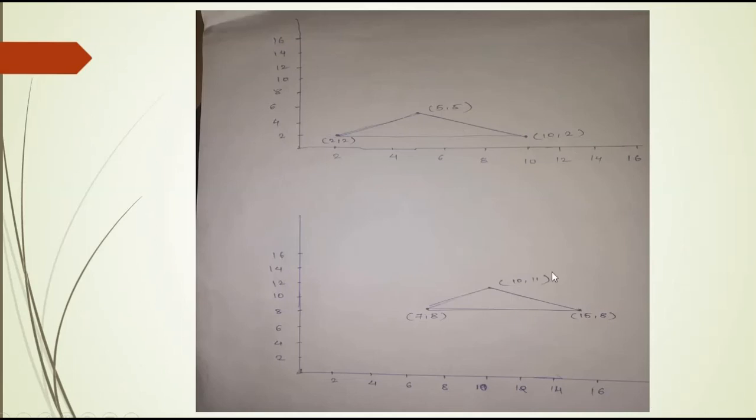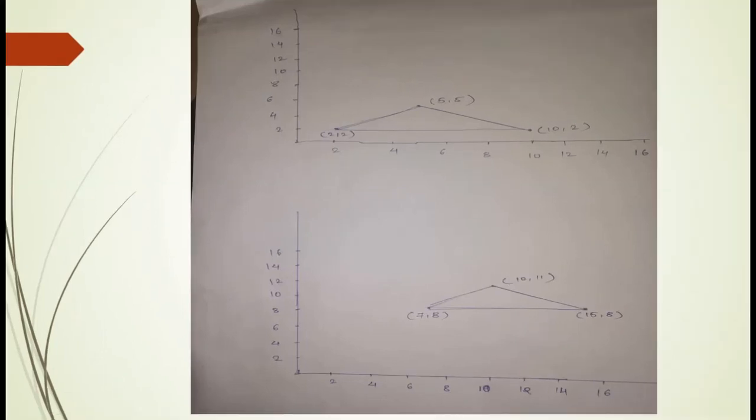So this is our plotted image. This one is the image before the translation transformation, and this one is the image after the translation transformation. In this picture you see that the A coordinate is 2, 2, and in the after image the A coordinate is 7, 8. That is, the value of the coordinate is increased.